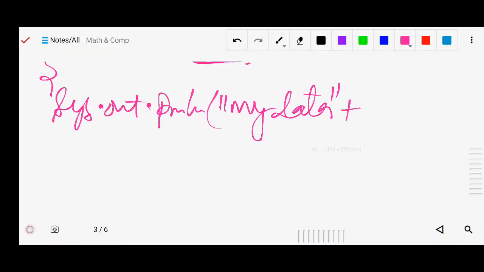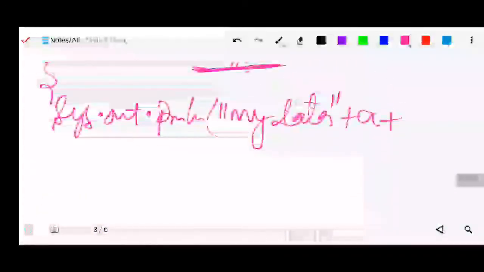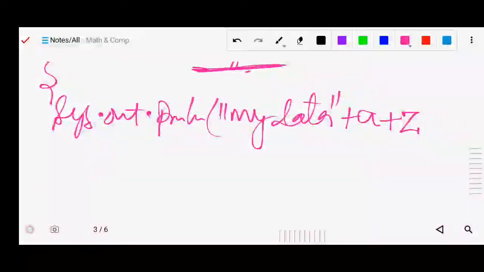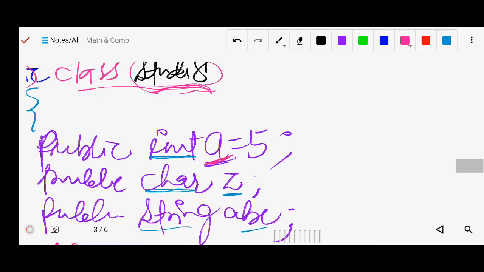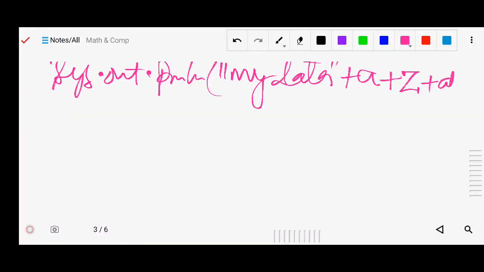Next, anything you want to concatenate, write plus, and I write the character Z. Then after plus I write ABC. Then the semicolon, and close it, this system statement and this bracket.